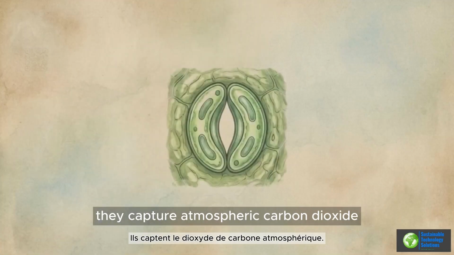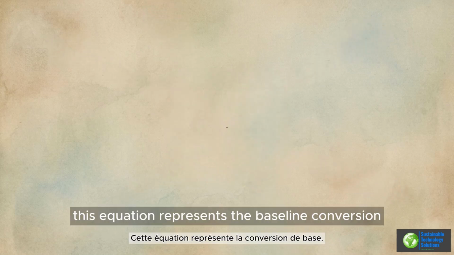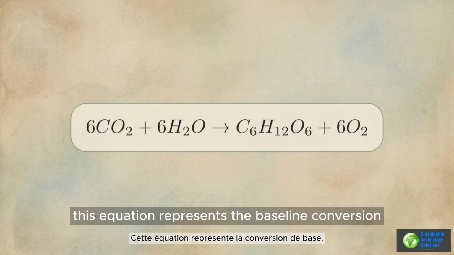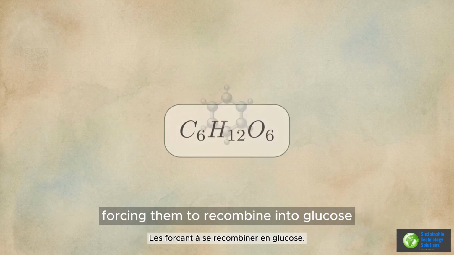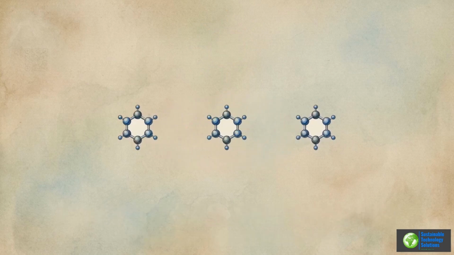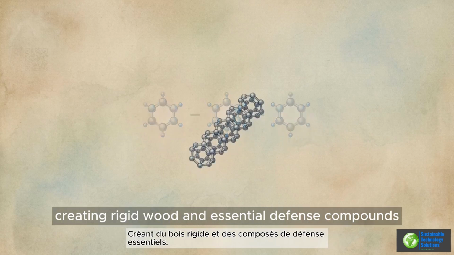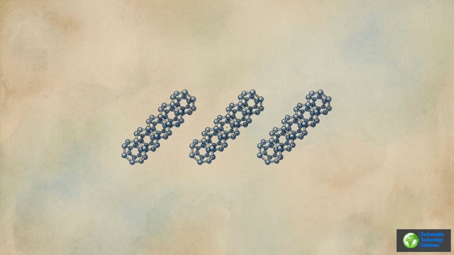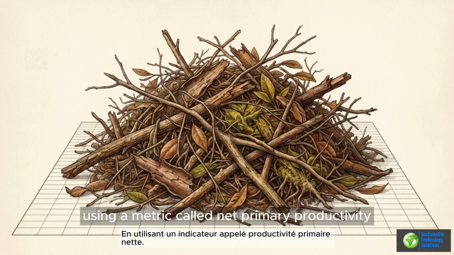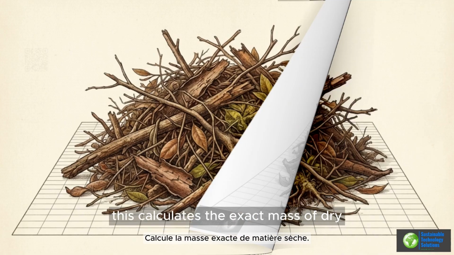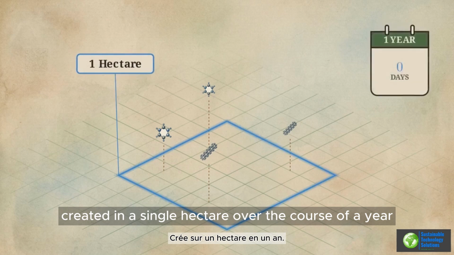They capture atmospheric carbon dioxide through tiny pores on their leaves, called stomata. This equation represents the baseline conversion inside the leaves. Solar energy breaks apart carbon dioxide and water, forcing them to recombine into glucose. The plant uses that glucose to build complex structural chains, creating rigid wood and essential defense compounds. Ecologists measure out this total biological output using a metric called net primary productivity. This calculates the exact mass of dry, structural plant matter created in a single hectare over the course of a